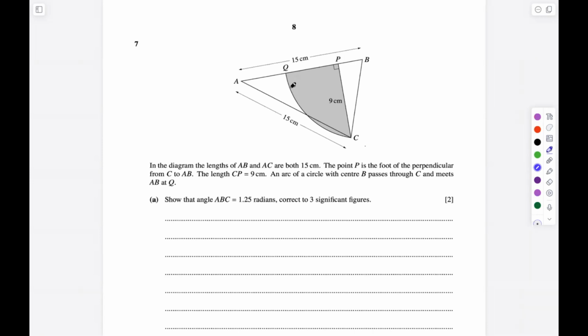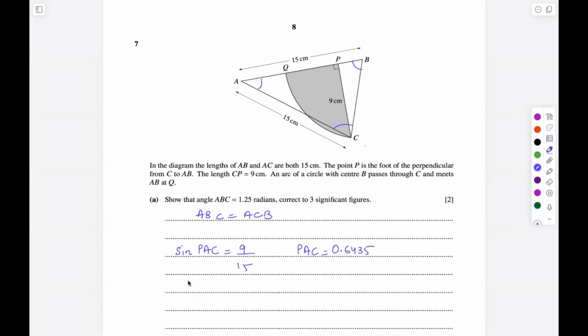Now, ABC is an isosceles triangle as AB is equal to AC, which means that this angle ABC will be equal to the angle ACB. So if we can find this angle PAC, we can subtract it from pi radians and then divide by 2 to find the angle ABC. To find this angle PAC, as this angle has opposite 9 and hypotenuse 15, we can say that sine PAC will be equal to 9 upon 15. So taking sine inverse of 9 upon 15, PAC will be equal to